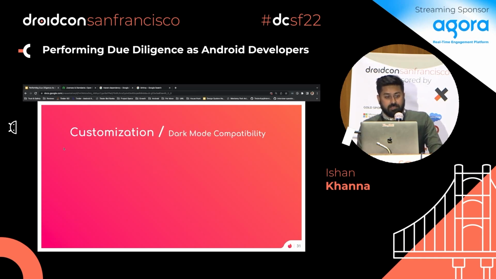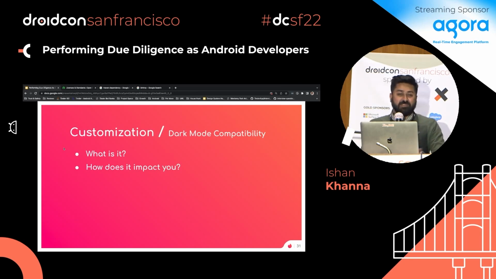The next part is the dark mode compatibility, and this is the last part. It happened very recently when we were trying to test out an SDK, and surprisingly, one of the developers had dark mode enabled on their device. What we realized was everything worked fine when dark mode was not enabled, but when dark mode is enabled, the SDK just goes, I don't want to say it. So does the UI look really weird when you have dark mode enabled? If the answer is yes, then you might want to talk to the developers.